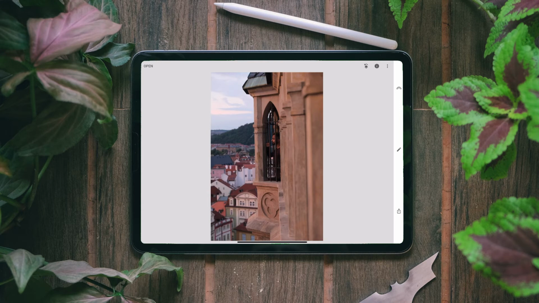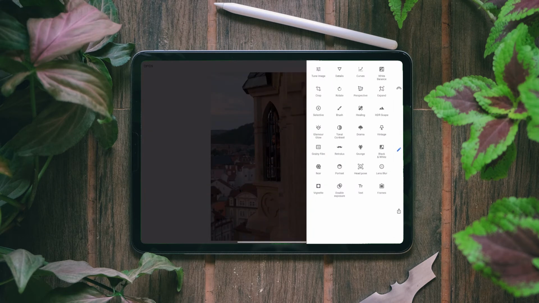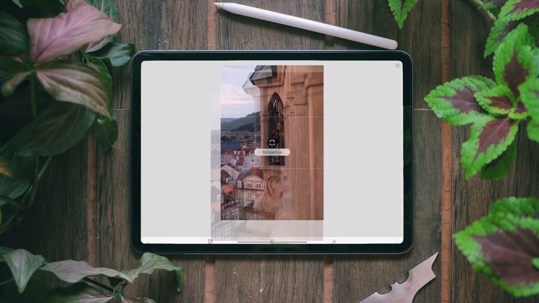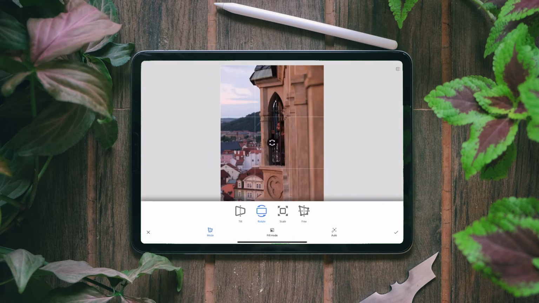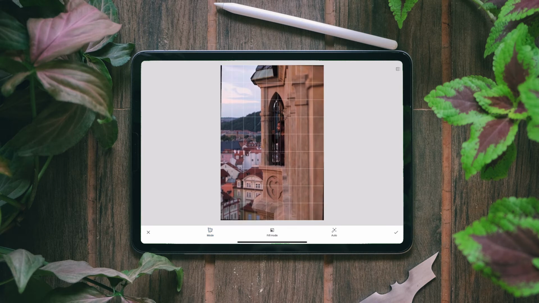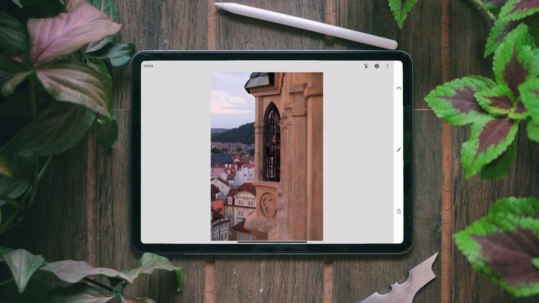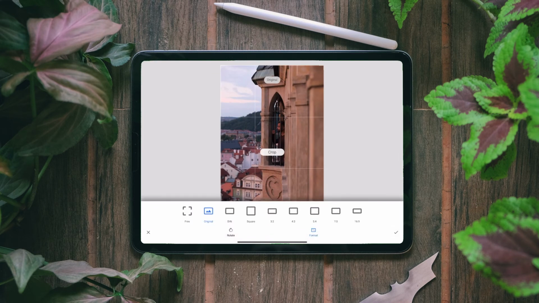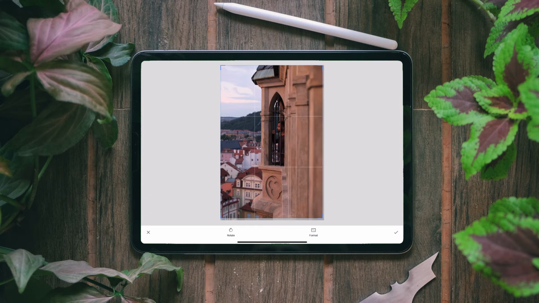Now this I took at the astronomical tower in Prague. We'll go into perspective and straighten this photo first. Looks a little off. This is fine. This is straight enough. Yeah, now it looks better. Now we'll jump into crop and crop the photo this much. Now if you know the rule of thirds, I'll keep my face at the intersection of the top right corner of this grid,